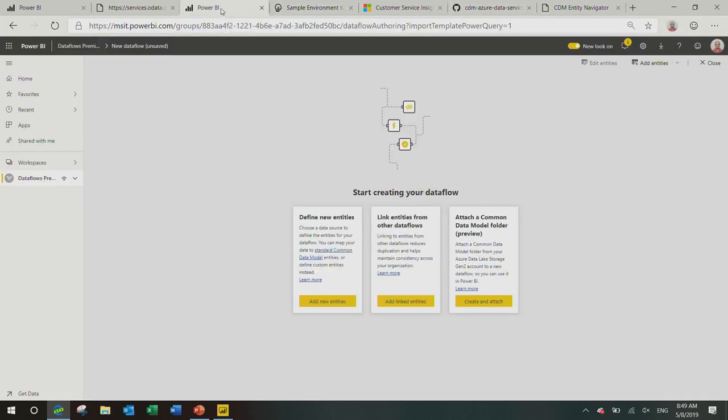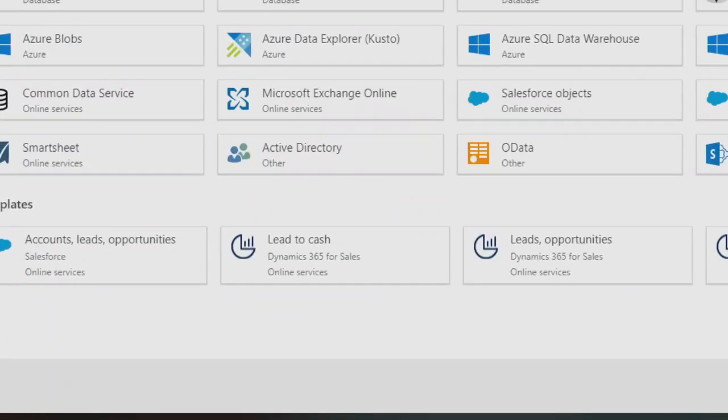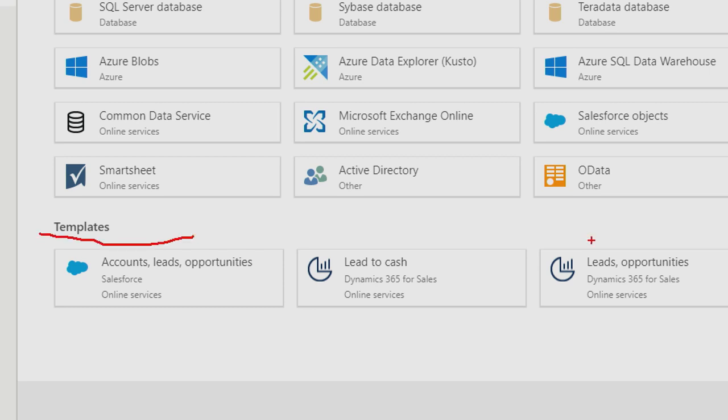And so this is where we go back here, and now I'm playing the role of a developer. Instead of starting from scratch, I want to leverage something that maybe somebody else has already built. What you see here in the bottom part is the section of templates. Templates are basically connectors plus prepackaged transformations, and the prepackaged transformations transform your data to particular destination data shapes.